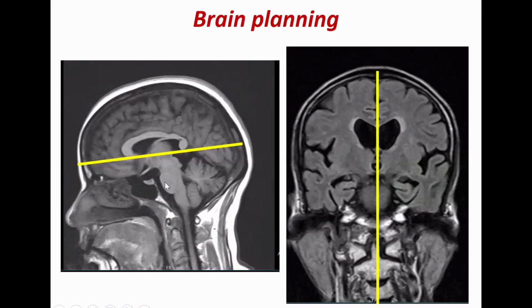An MRI brain. As you all know, when it comes to routine brain planning, you will plan axial sections parallel to an imaginary line joining the genu and splenium of the corpus callosum. And you plan sagittal sections parallel to the interhemispheric fissure. Fine, everybody is aware of this. So in the brain, most of the time it is like this, whatever the pathology. Even if it's a pituitary, you will still do your axials and sagittals in this fashion.